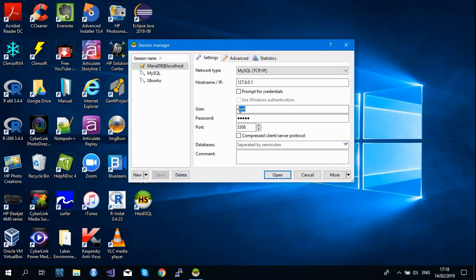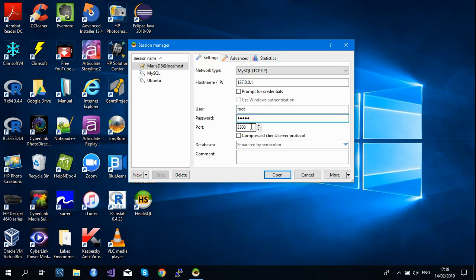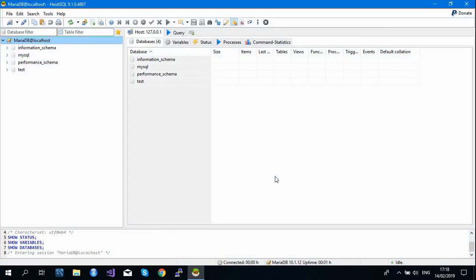This is the user assigned by the system itself, and this is the password I created, and this is the port I've changed. So this is okay. If I click open, I should be able to open my database. As I said, by default, the system creates 4 databases for testing purposes: information schema, MySQL, performance schema, and test.